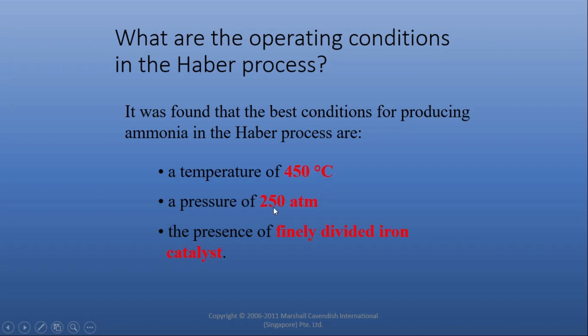And why are we using 250 atmospheric pressure? Why not higher? We are not using higher pressure because higher pressure is costly as well as risky, because we need a high amount of energy to maintain high pressure. We need special pumps, special equipment, special precautionary measures to maintain high pressure.